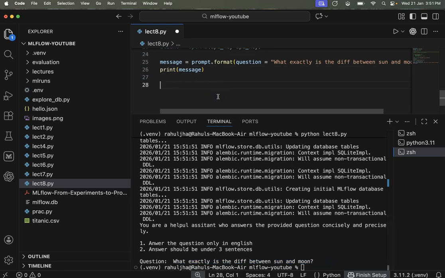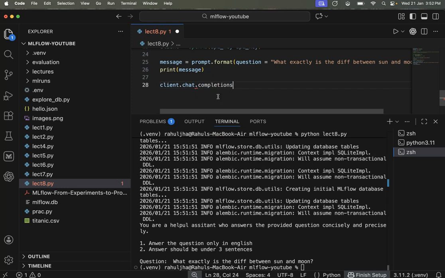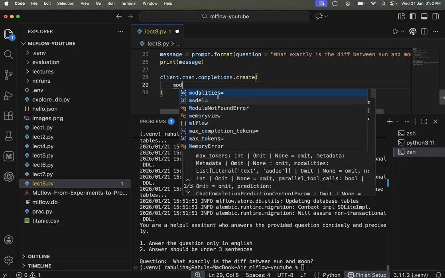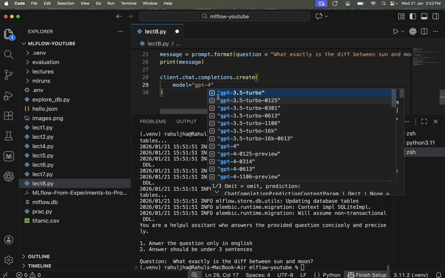Now what we can do is use the client.chat, and in fact if you want to use the responses API, that's also fine. It's better, I feel, but let's go with chat completions, because I feel the coverage of chat completion is more at this moment. People are moving towards it, but still it is not very prevalent.